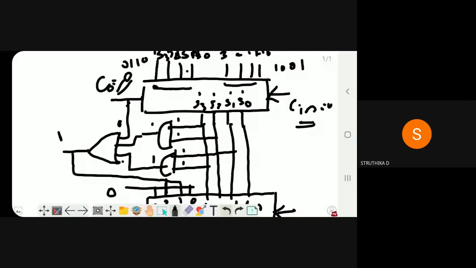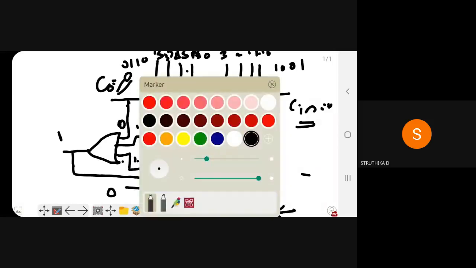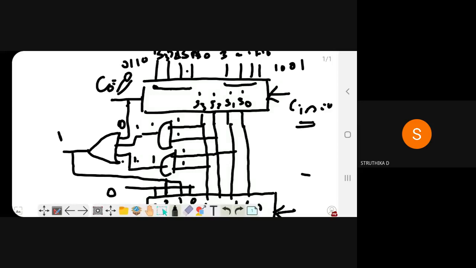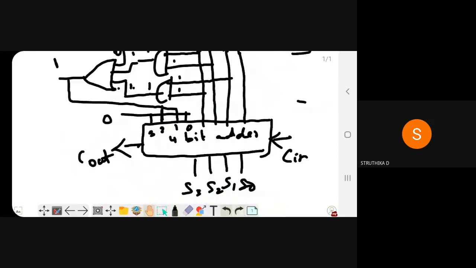1. So this is OR gate addition. 1 plus 1, 1. For binary addition only, 1 plus 1 equals 10. For OR gate addition, 1 plus 1 equals 1. Can you understand? Yes, ma'am. So 1 plus 1 plus 0, 1 plus 1 is 1, 1 plus 0 is 1. So you got the output of the OR gate as 1. So that 1 is given to the first pin and second pin.